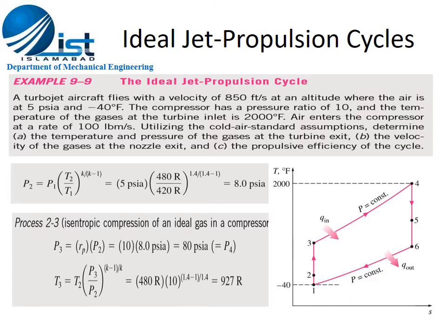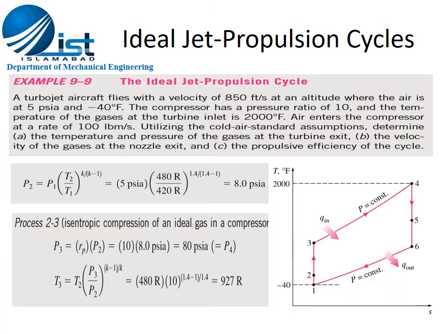Now we have to find out pressure at point 2. From temperature T2, we have to find out pressure at this point. So using the relation P2 by P1 is equal to (T2 by T1) raised to K divided by K minus 1, or this relation in general form can be written as P1 by P2 is equal to (T1 by T2) raised to K divided by K minus 1. So rearranging this relation, P2 comes out to be 8 psia.